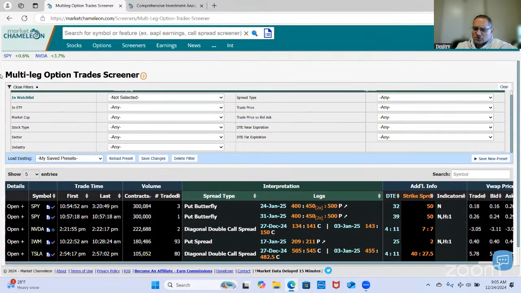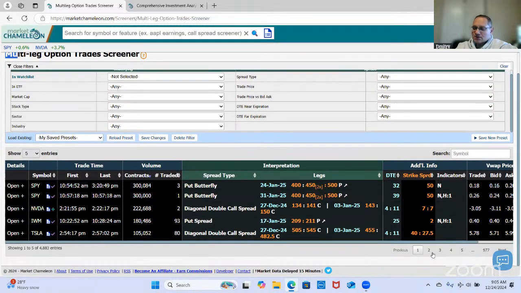Right now, you could see while we're on the multi-leg trades over here, we have these top 5 spreads that traded by volume, and we could see the first 2 are in SPY. Then we have one in NVIDIA, we have one in IWM, and then we have one in Tesla. Okay, these are the top 5. If you tab, you'll keep